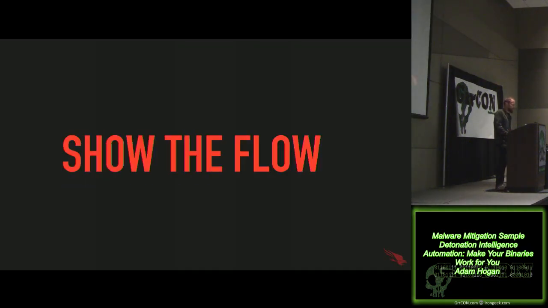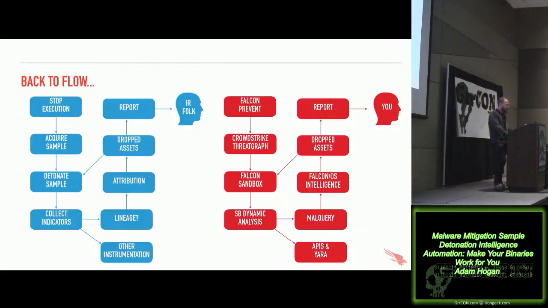So we want to take that flow and try to automate it as much as possible. So that as we map that back, we want to be able to stop it at the endpoint. And again, our machine learning algorithm is what's doing that. It is able to identify some malware and say, okay, this is bad. But what do we do at that point? Well, normally we'd have it in our threat graph. We're able to track the forensic level data, what that file's doing. Only if I've already figured out it's bad, we tend to kill and quarantine the file. So I don't have interesting forensic data for you to look at.